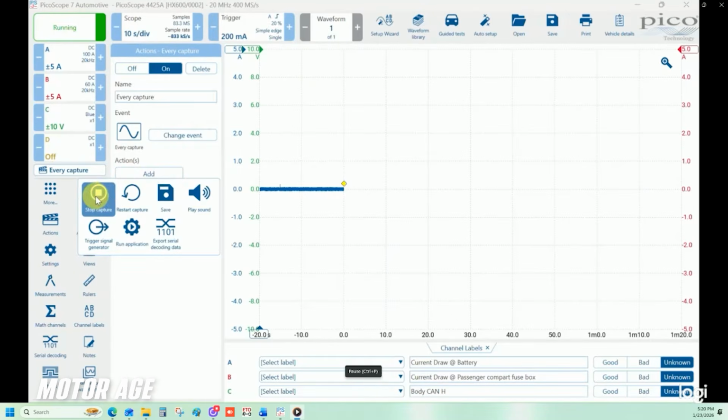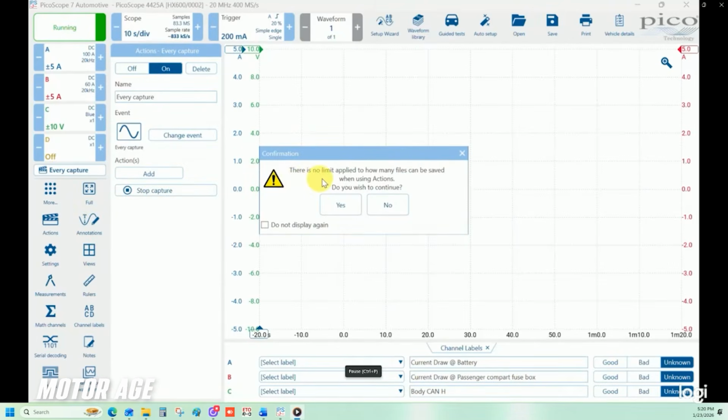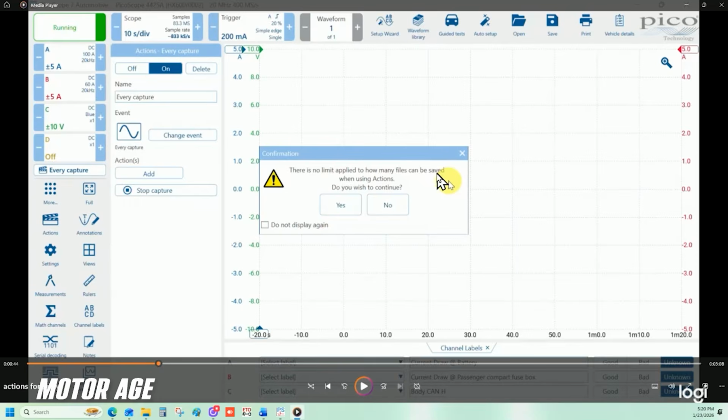Now comes to add the actions. This is going to allow us to first stop the capture. We're going to add a second action to save that capture. And I do want to make a point here that this is going to use a lot of hard drive space if this continued to capture and capture and capture. So if you can imagine, currently we only have 10 seconds per division, but we like to set something like 500 seconds per division. So we get tons of time, hours and hours on the screen. And if this thing captured hours and hours of data over and over again, we could very quickly fill the hard drive up. So we only want to capture as necessary and remember to shut off this feature when we are done. So after we've gotten past that warning,